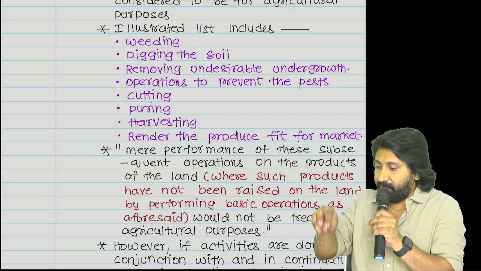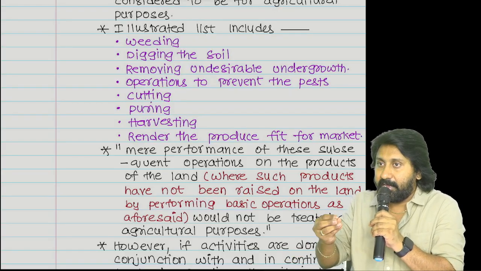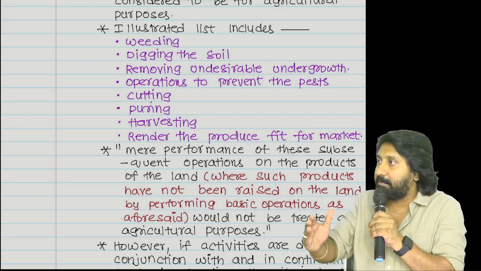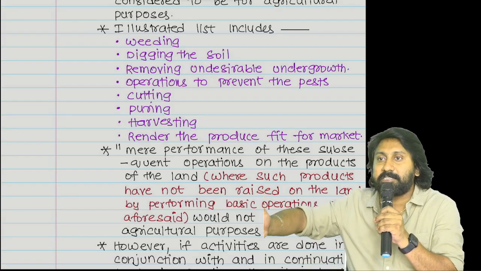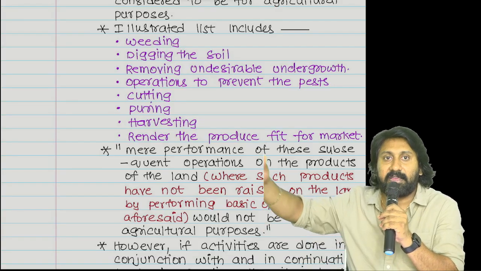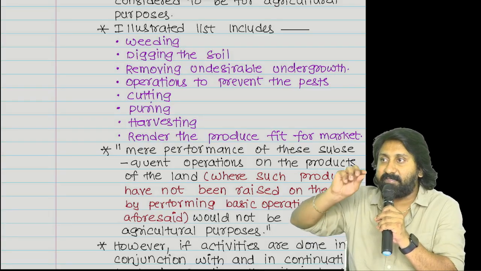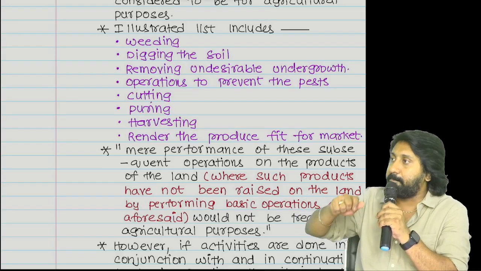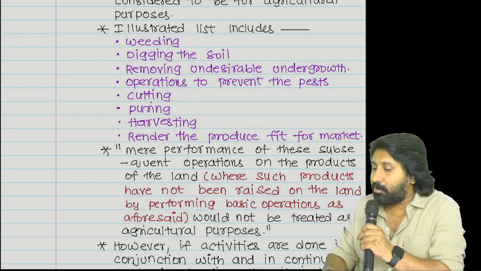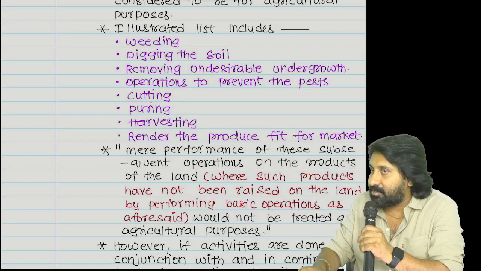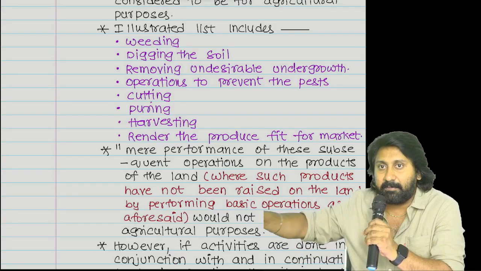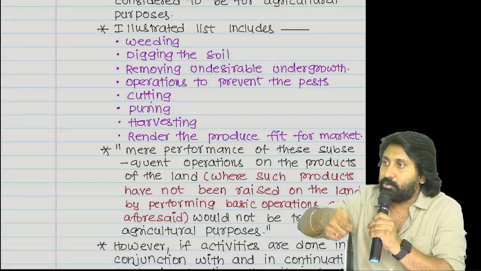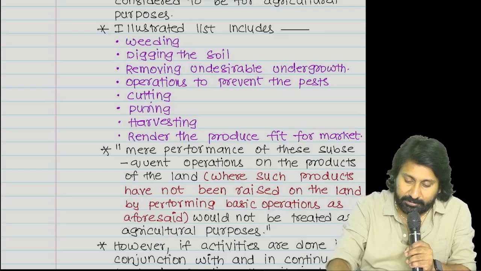See, weed releases gas in such a way that it will disturb the other plants which are adjacent to it. That's why in agriculture one of the most important things is weeding. Weeding is very important because weed not only disturbs the soil, it also disturbs the other plants. Other plants will die if the weed is there. That's why they will remove the weed. So that's a subsequent operation.